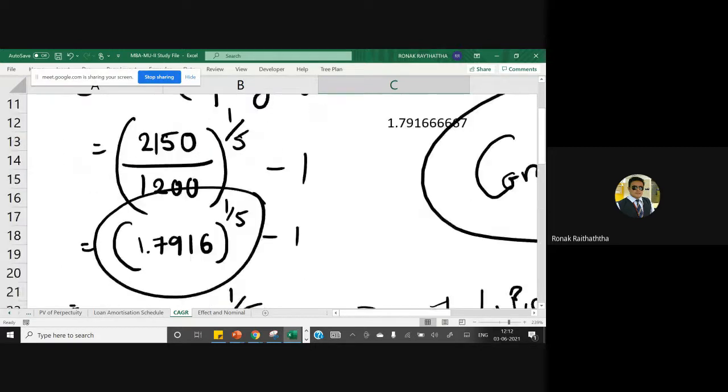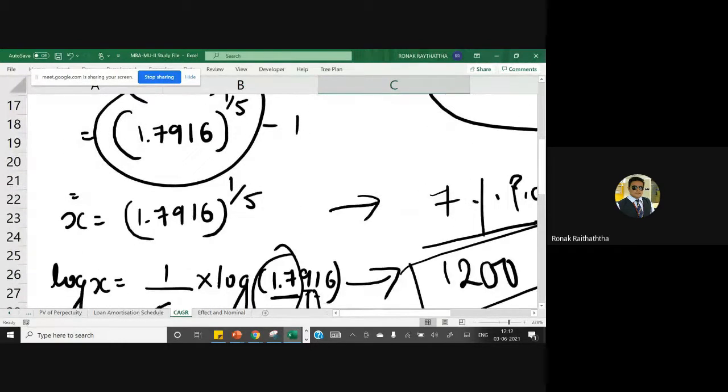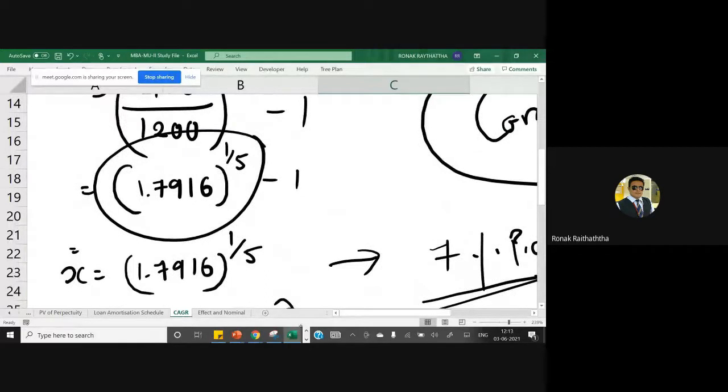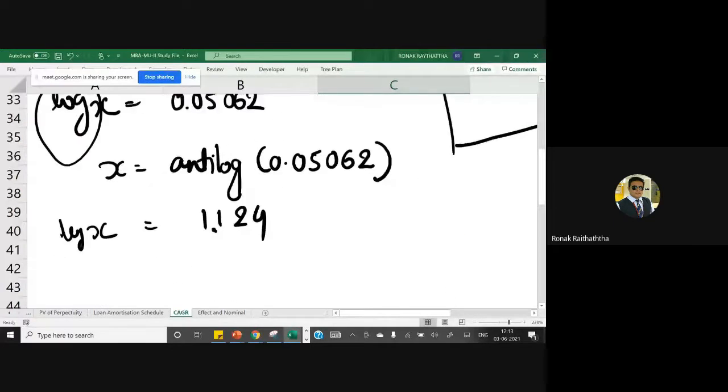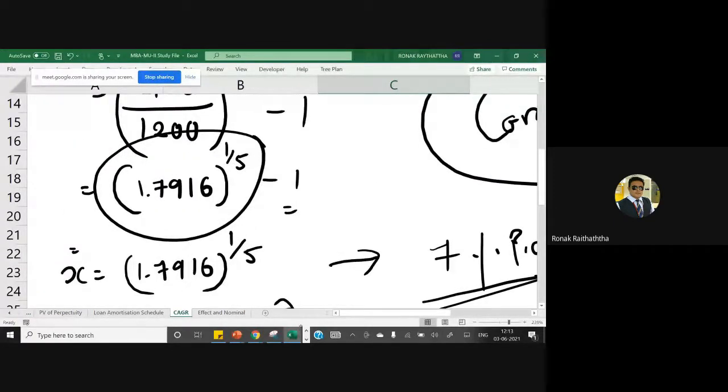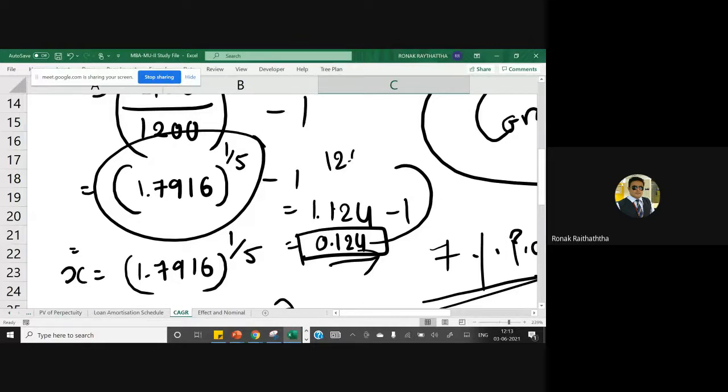Sir, replacing that value over there in the main. So equal to, this we were assuming as x, no? 1.124. So 1.124 minus 1, so you get 0.124. So 0.124 can also be written like 12.40% if you multiply that with 100. So that is the compounded annual growth rate you have got from Reliance from this 5 years.